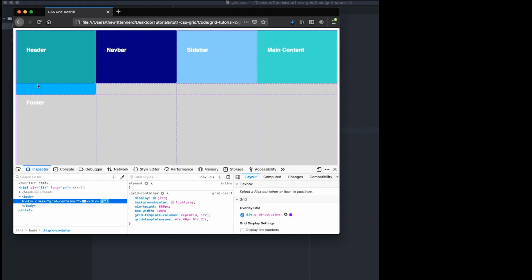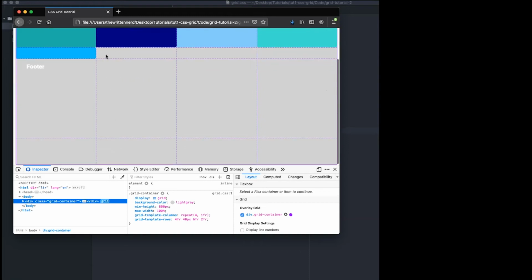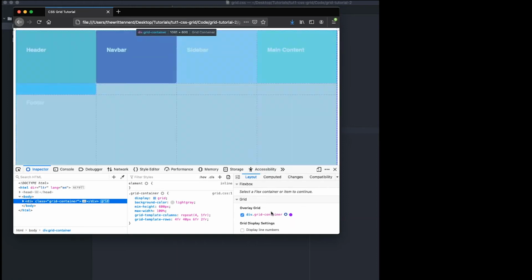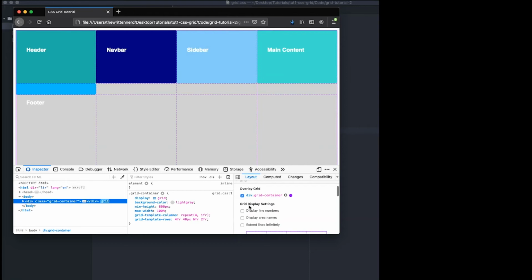This first one is the 4FR, 6FR, 1FR. So you can actually see, and then our equal columns go across. So it really helps you visualize the grids that you've created. And actually, if you go down here across in grid display settings and click on display line numbers, it's even more useful. So these numbers are your grid lines. And this is what we're going to use now to explicitly set where you want your various elements to live